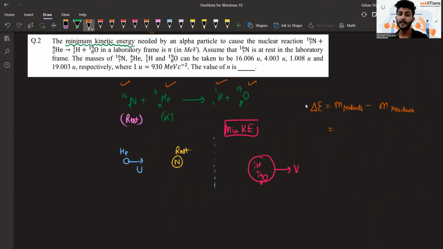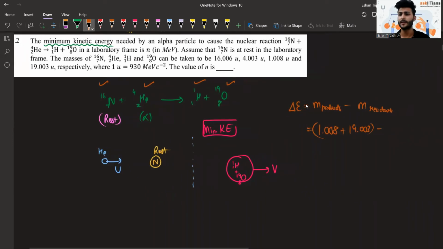Yeah. So that comes out to be the mass of this hydrogen plus this oxygen. That is 1.008 plus 19.003. Let me write it: 1.008 plus 19.003 minus the mass of reactant 16.006 plus 4.003. So this comes out to be approximately 0.002 atomic mass units. But in atomic mass units, you can convert it into energy, mega electron volts, by multiplying with